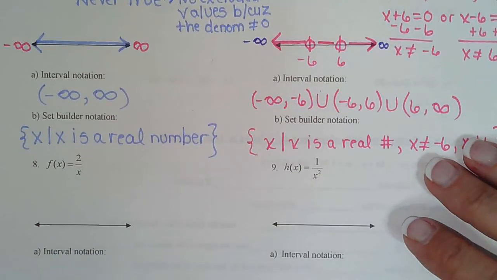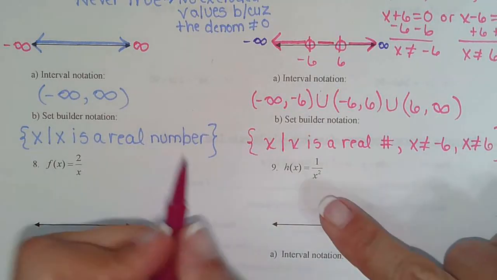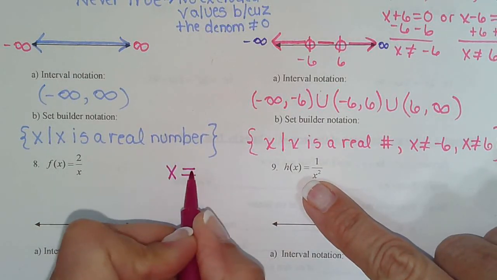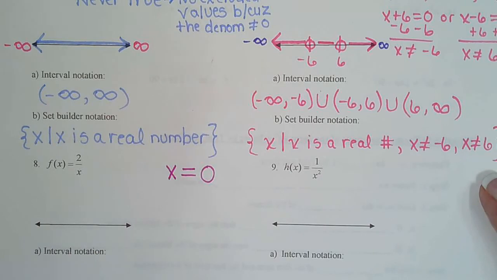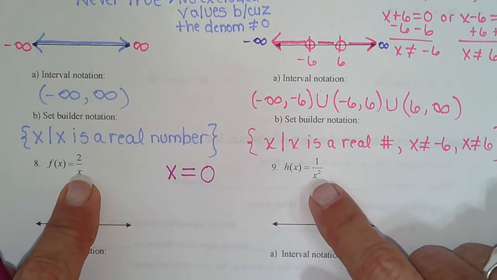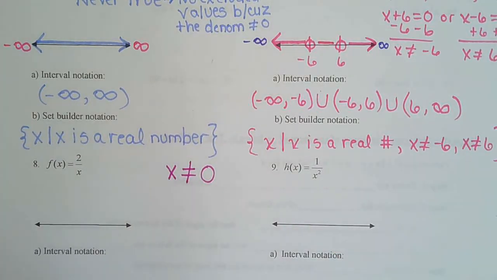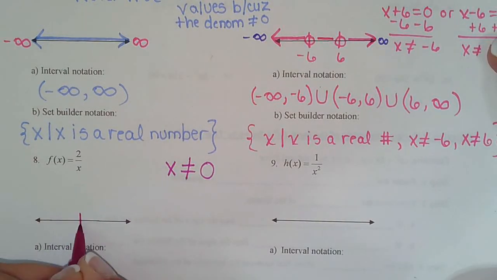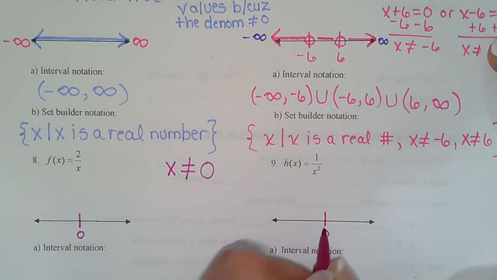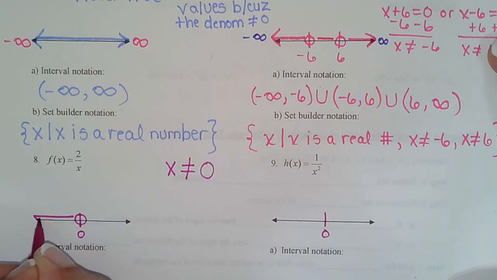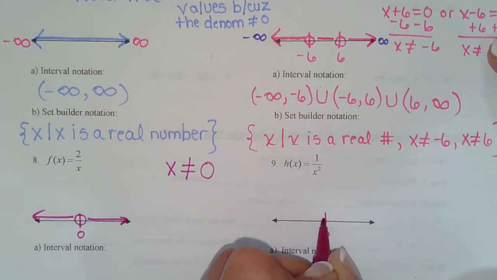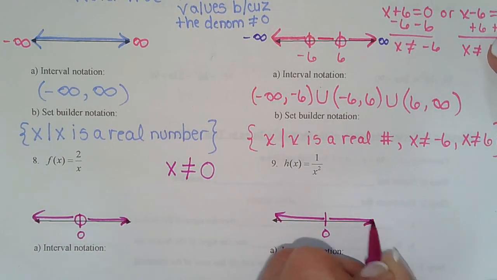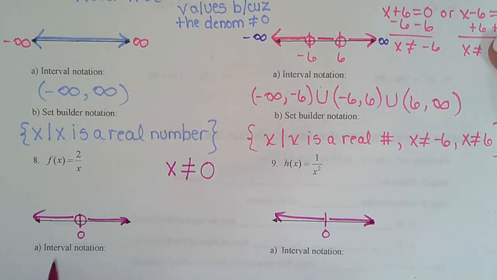Okay, the last two are the same. The only thing that makes them 0 is when x is 0. 0 times 0. So only thing x can't be is 0. So both of these will be the same. And I'm just going fast because we only have a few minutes, and this is a real simple one. So for the interval notation, it'd be negative infinity to 0 united